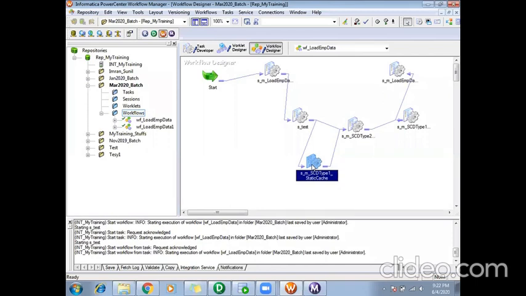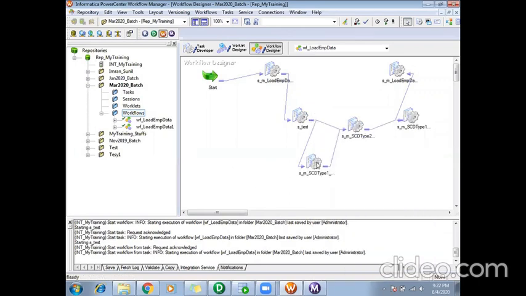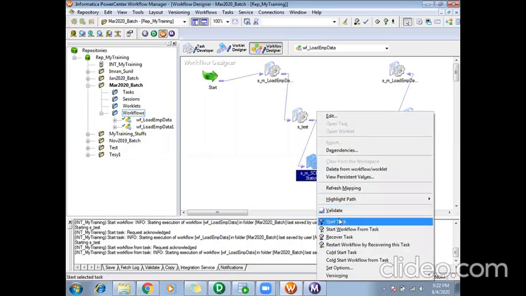Now you want to rerun your workflow. Since the first two are already completed, you don't want to rerun them. It might cause some duplicate issues. So you want to rerun from this particular task. Then you can do start workflow from task, right? Or if you want to run only this particular task, then you can say start task. So we have these other features also.